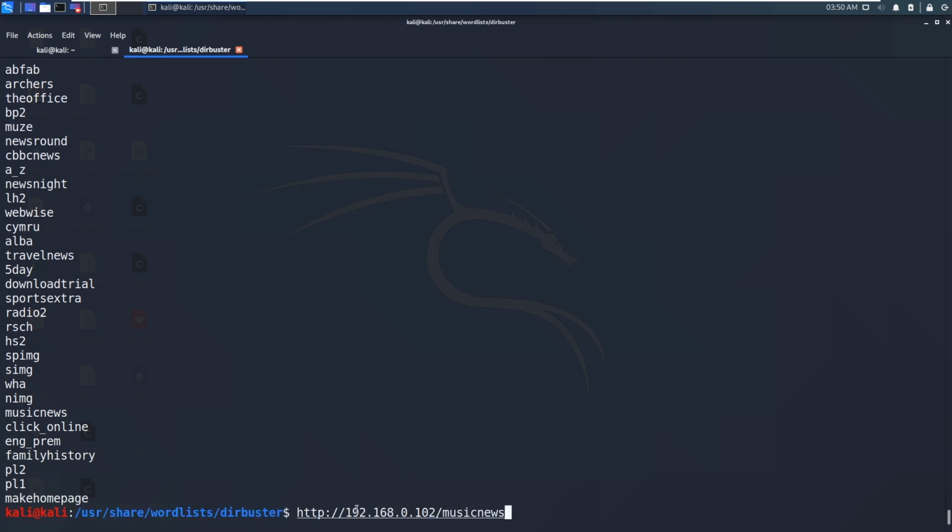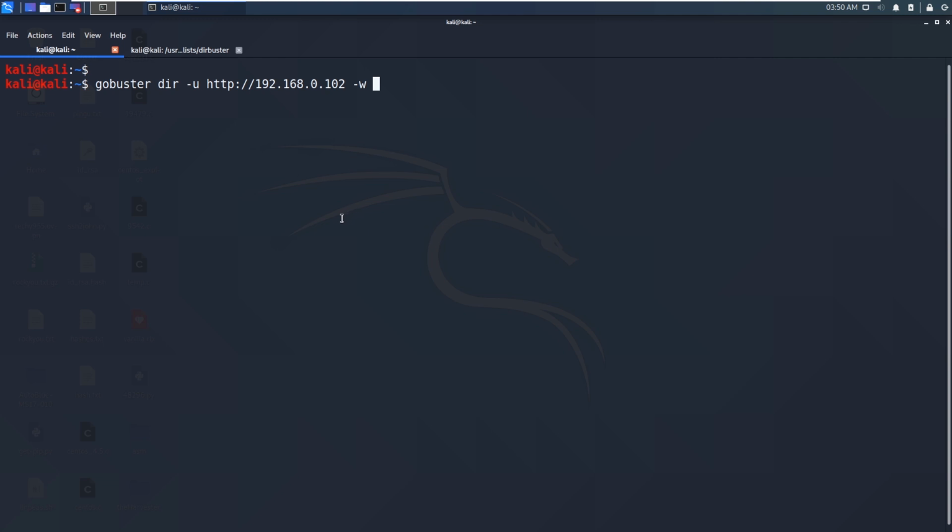If this web server contains this music news page, then we will get a response, right? If that response is 200 OK, then music news exists. Otherwise this web server does not contain music news. In that way, GoBuster will check each and every word against this web server by sending GET requests.